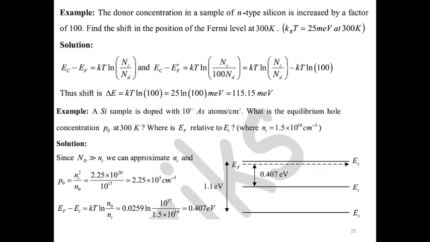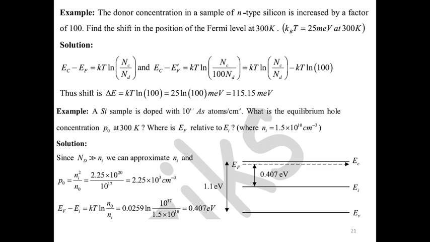The intrinsic carrier concentration is given. From the numerical, the donor concentration is very much higher than the intrinsic carrier concentration; the donor concentration is 10 to the power 17, but intrinsic is in the power of 10 to the power 10. Then by using the law of mass action, we can easily calculate the carrier concentration of holes, and that is nothing but 2.25 into 10 to the power 3 per centimeter cube, which shows that in this n-type semiconductor the majority charge carriers are electrons and the minority charge carriers are holes.